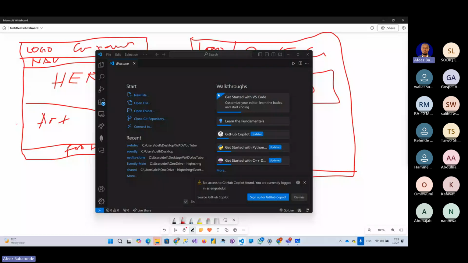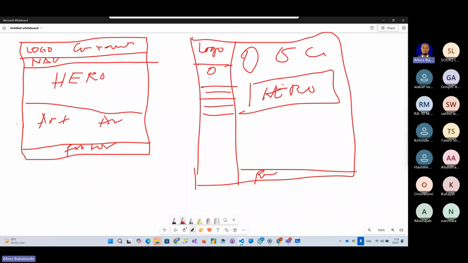So don't forget, I said we are going to be using HTML5. The moment you launch your notepad, your VS Code, your text editor, the moment you launch it, you do what? You try as much as possible to,